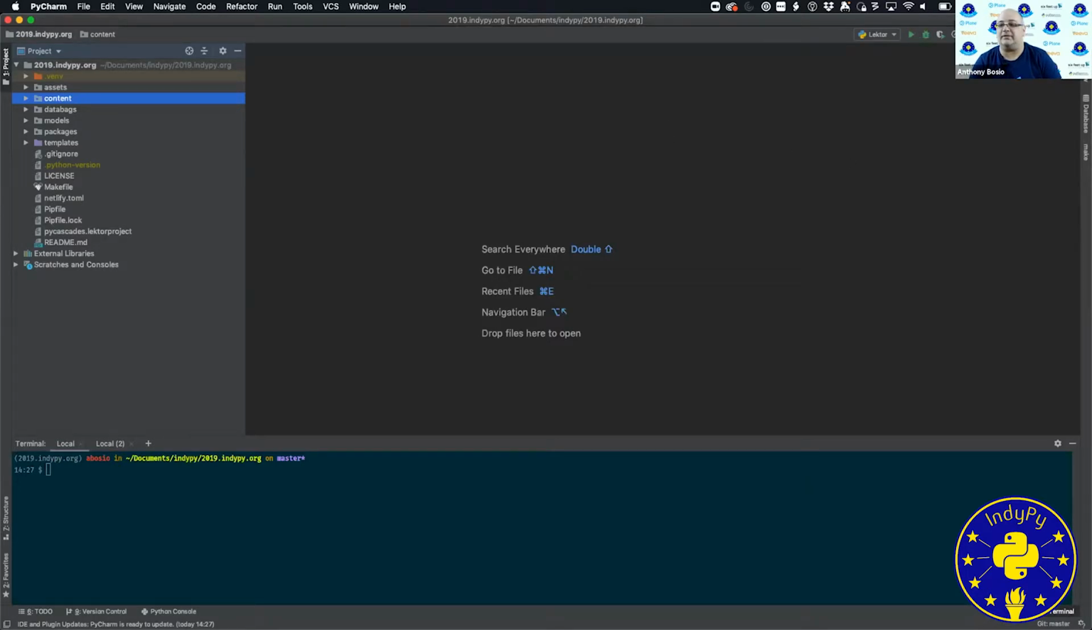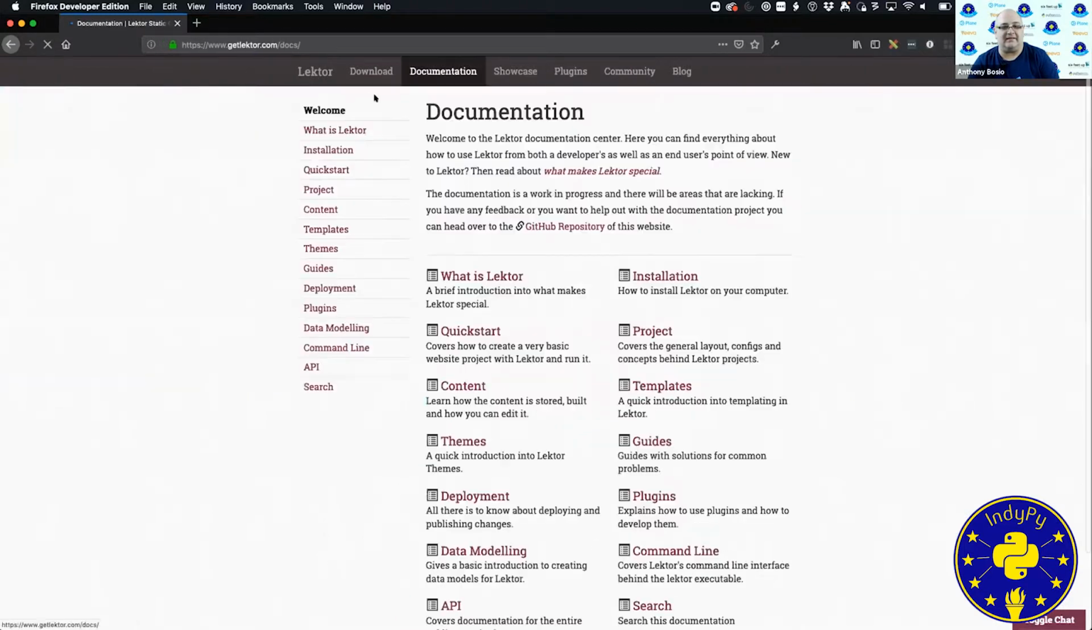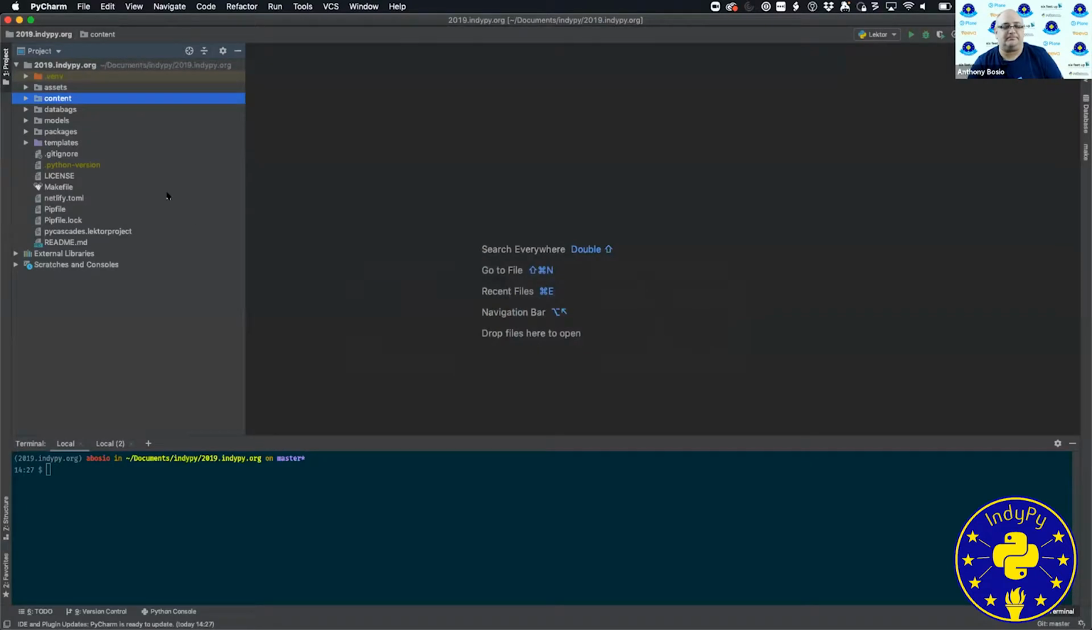I'm not going to show you how to install it. It's pretty straightforward on their site. They have some good documentation here. You can actually just install it with this. I think I did it slightly differently because I have it running in a virtual env. But anyway, the cool part about it is